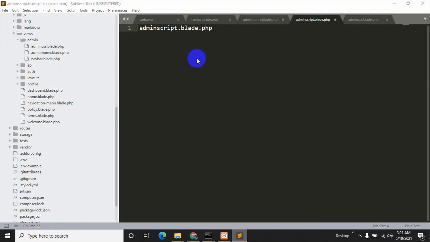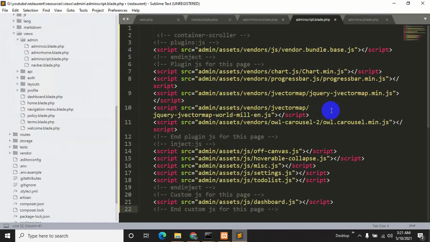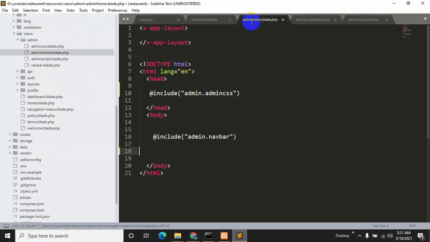Ctrl S and click save, and over here let's paste the script link and save it, Ctrl S. Now let's copy this one, Ctrl C, and paste it over here, Ctrl V, and we'll say include admin script, Ctrl S. Now if we refresh everything will stay the same.